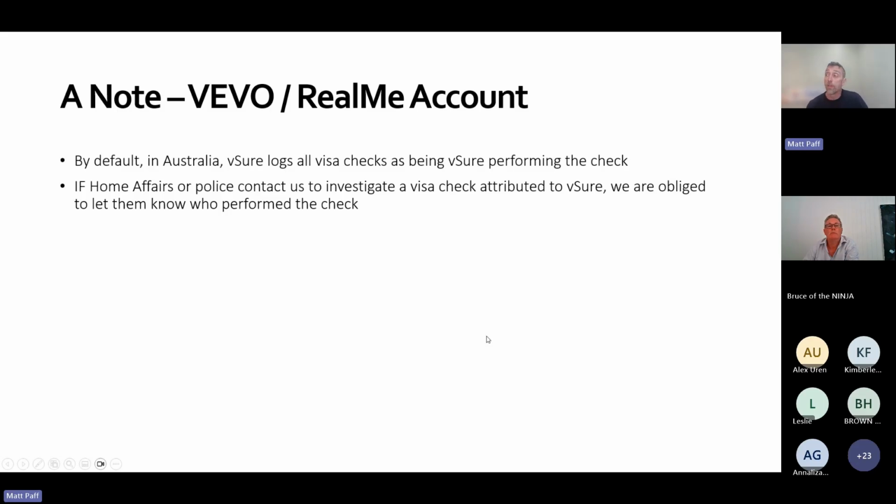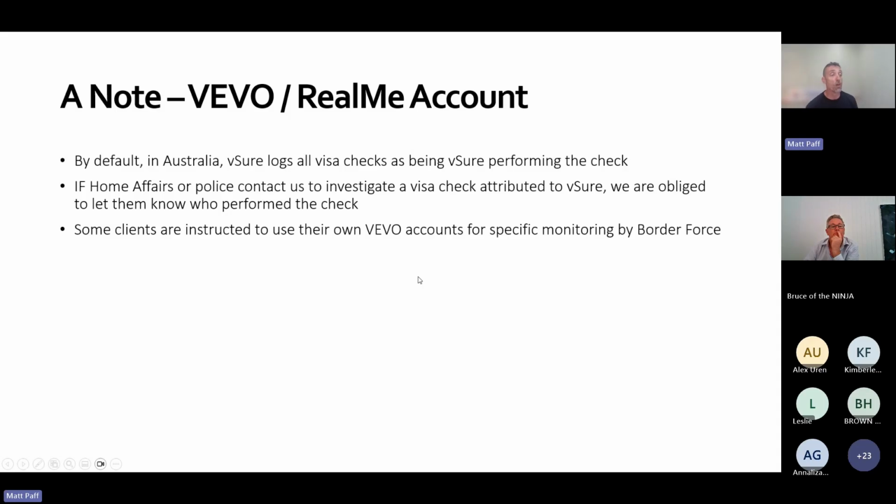If we do have police or Home Affairs contact us about a visa check that's run, and this does happen from time to time, if there's a missing person or if there's someone overstaying their visa and you have checked them, we do have a legal obligation to advise them of who had run the check, and we do keep a tally of that. If you do want to use your own Vivo account, it is still possible.